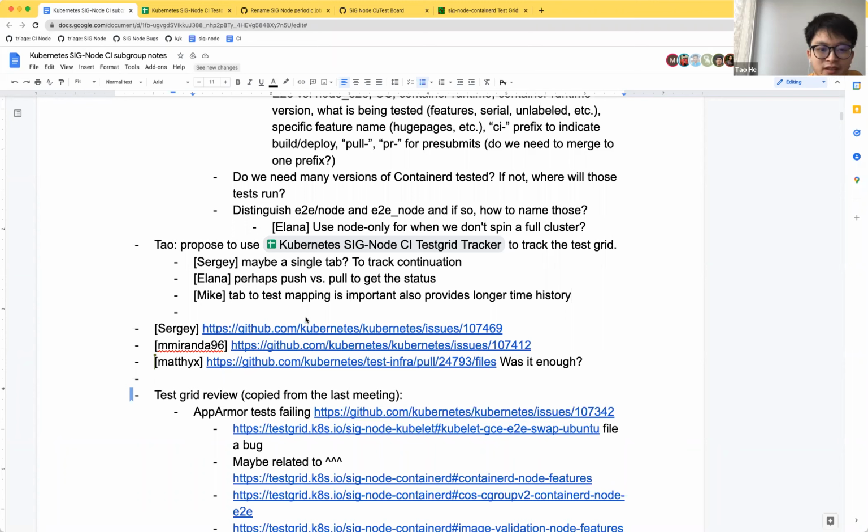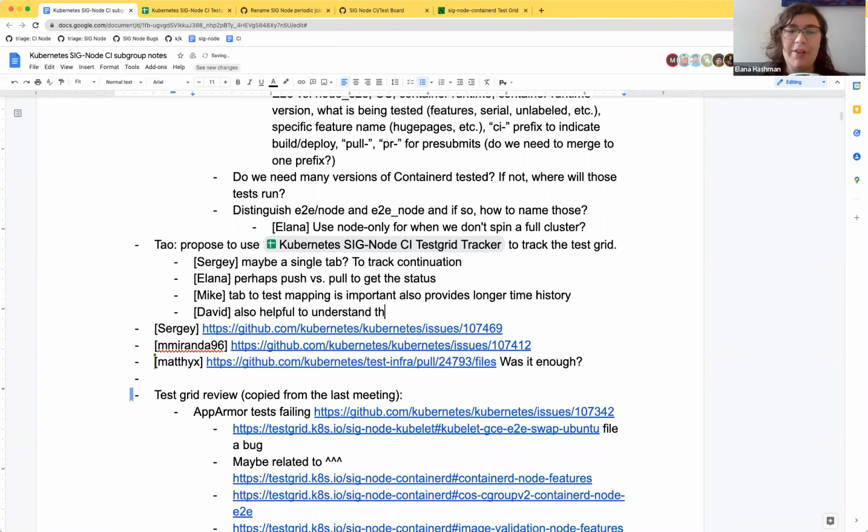Oh, yeah, I just want to say it's also very valuable, because even if we get alerts, I think the problem's not necessarily knowing if the test is failing, but rather whether someone is doing something about it and what's the status of it. Right now that requires going into the test grid, searching the job name, hoping that the GitHub issue title matches the job name. So if we have a single place we can look at, that'd be super useful.